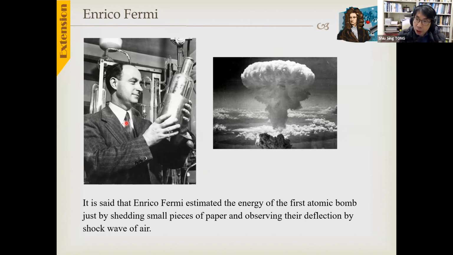And when the shock wave came, Enrico Fermi held a few small pieces of paper and dropped them. When the wind passed, it deflected the falling motion of those small pieces of paper. And from the angle of deflection, after a few minutes of mental calculation, Enrico Fermi was able to find